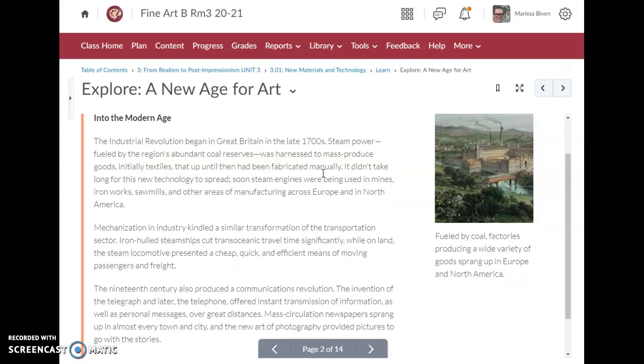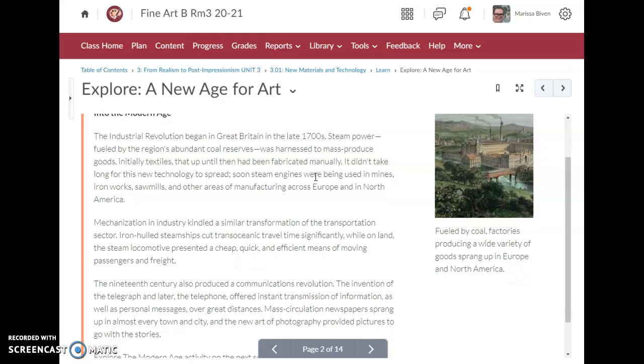Into the Modern Age. The Industrial Revolution began in Great Britain in the late 1700s. Steam power, fueled by the region's abundant coal reserves, was harnessed to mass-produce goods, initially textiles, that up until then had been fabricated manually. It didn't take long for this new technology to spread. Soon, steam engines were being used in mines, ironworks, sawmills, and other areas of manufacturing across Europe and in North America. So we've got the Industrial Revolution beginning in the late 1700s,